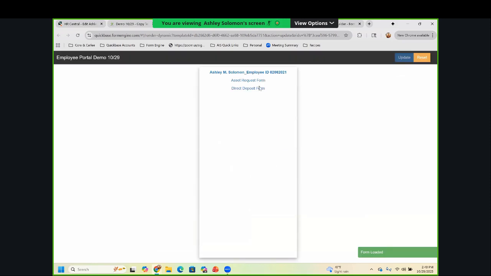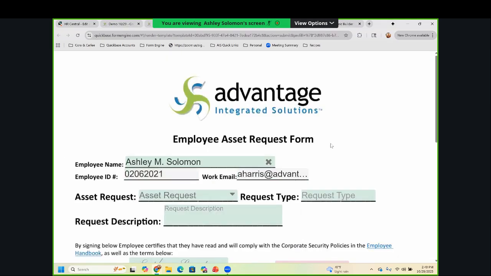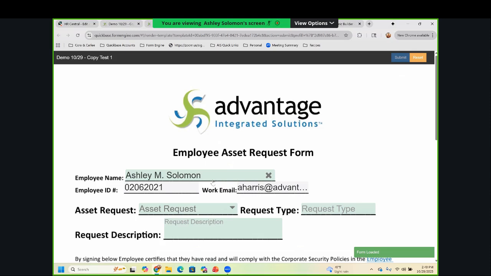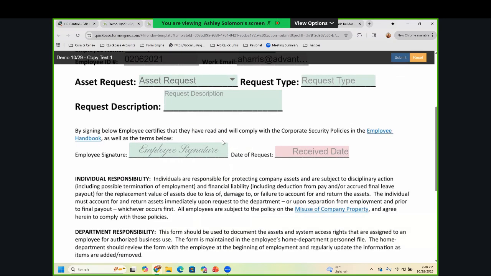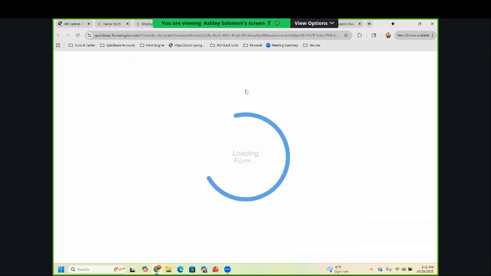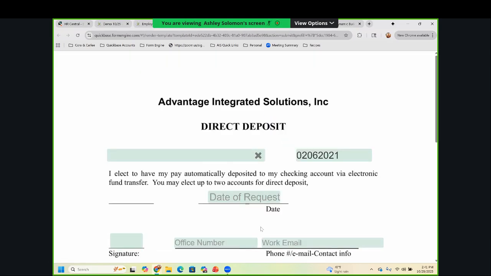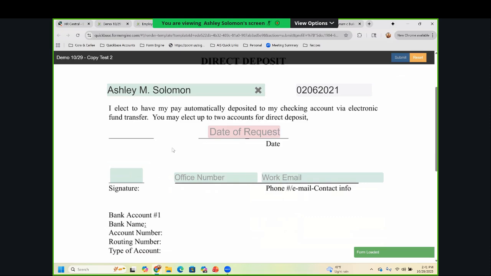There you go. Now let's click on our links. So here is my asset request. It's pulling in my employee name, employee ID, work email, and then the rest of this form would create a new asset request or a child record, so my parent employee record. Click on direct deposit. Same thing. So that is how you